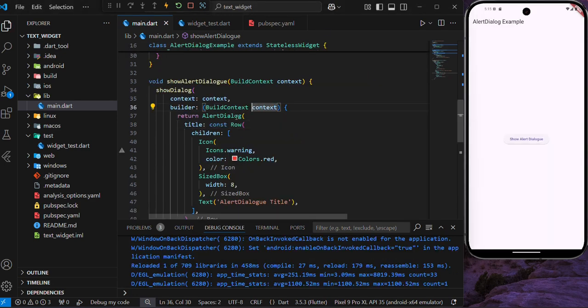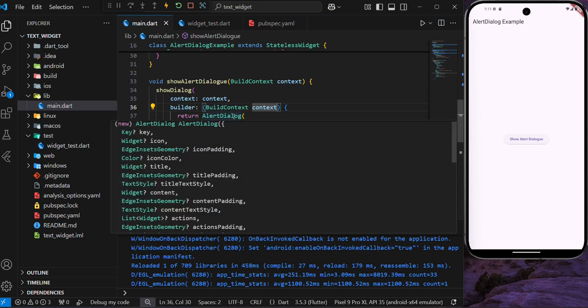And lastly, before I end this video, there are tons of things you can do on your alert dialog. So if you scroll down here,